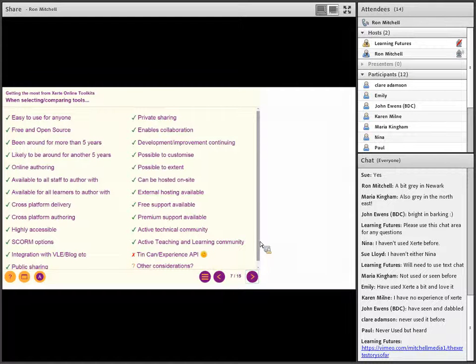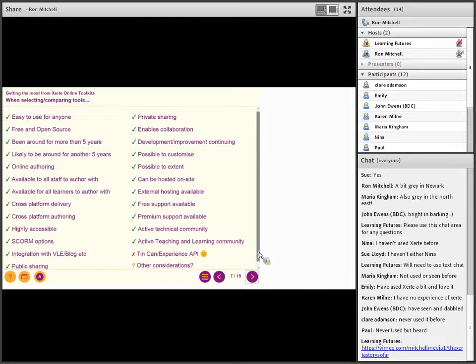We do have the possibility of including Tin Can Experience API, and it's a newer version of SCORM for those that do know the reference to SCORM. The challenge is how you then track and surface that data that's tracked. So it's coming, it's on the way, it's something we're developing, and it's not really a negative, because it's more about how we do it rather than can we do it.